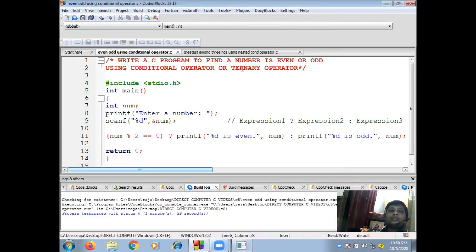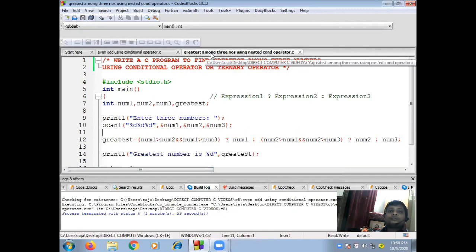Now see another example using this same conditional operator or ternary operator. Write a C program to find greatest among three numbers using conditional operator or ternary operator. Clear? This is the program where I have used the nested conditional operator. You know previously the nested if else.